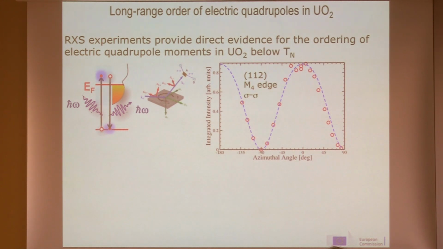So these are transitions where you excite an electron sitting in the spin-orbit split 3d state to an empty 5f state. Then, when the electron fills the core hole, you will have an emission of a photon with the same energy of the incident photon. If you have coherence, you will observe diffraction associated with this resonant